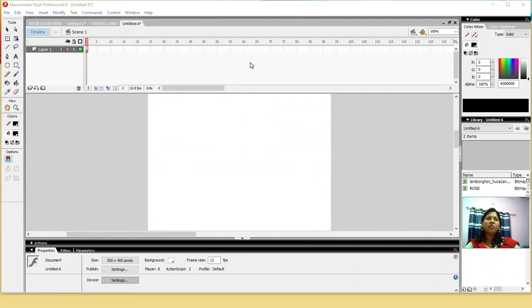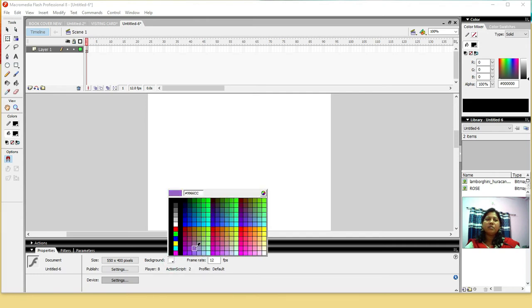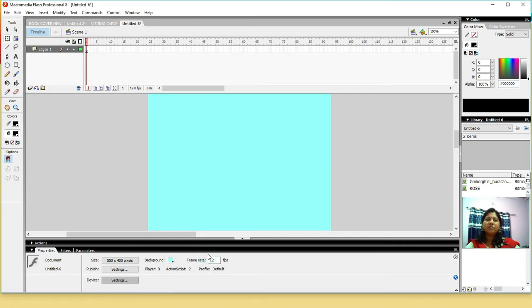After opening Flash, the first step is to change the background color. Now see, this is your property inspector panel where I am selecting the background. You may change to any background. Then it asks you to import a picture file.